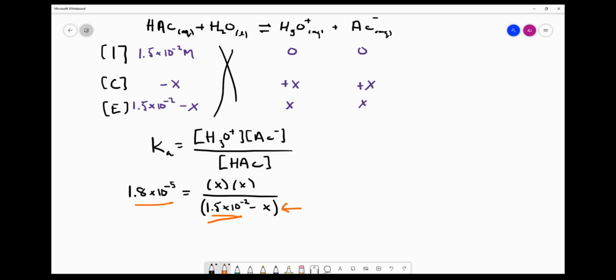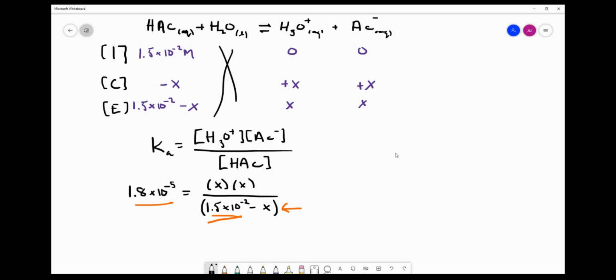For example, if 1.5 times 10 to the negative 2 minus x gives us something like 1.50004 times 10 to the negative 2, if you got that value as an answer, you'd probably look at that and just round that off to 1.5. So even though there is a change relative to the initial concentration, it's simply a rounding error. It's insignificant. We can make this simplification